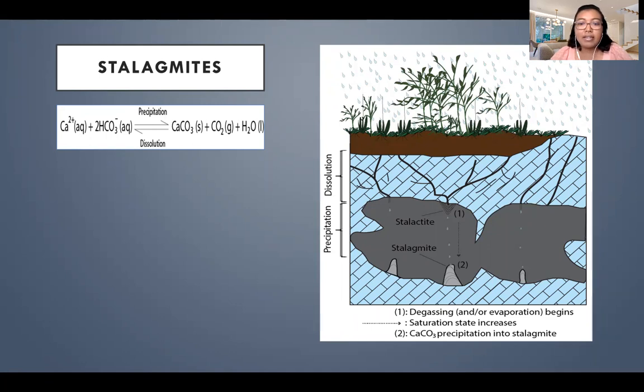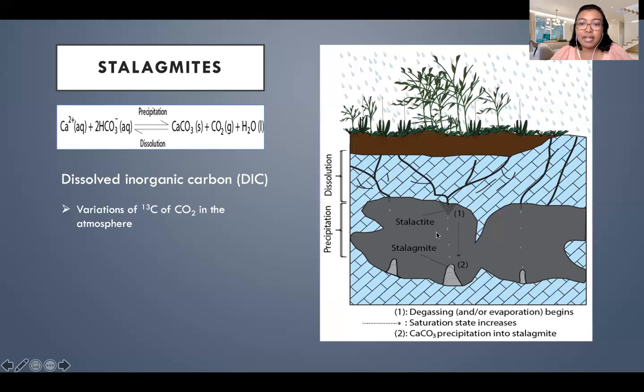And there are several proxies that we are studying from stalagmites, such as the oxygen isotopes as a proxy for rainfall or evaporation or something else, and the carbon isotopes, which is the proxy that I will be talking more about in this presentation. So delta 13C in stalagmites can mainly reflect the dissolved inorganic carbon from the drip water,